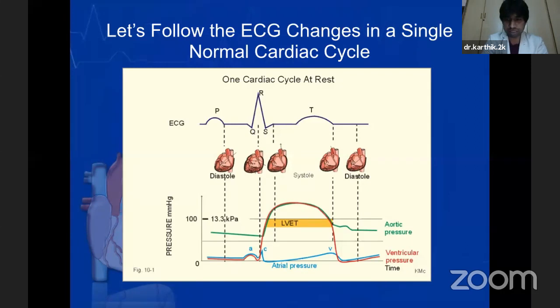Now, the impulses travel from the atria to the AV junctional node, and after a brief relay, the impulses traverse across the bundle of His into the right and left bundle branches and activate the ventricles. So we can see that after the onset of the QRS complex, the ventricular systole is starting and the ventricles are contracting to eject the blood. Now, the whole process takes approximately 80 milliseconds, plus or minus.